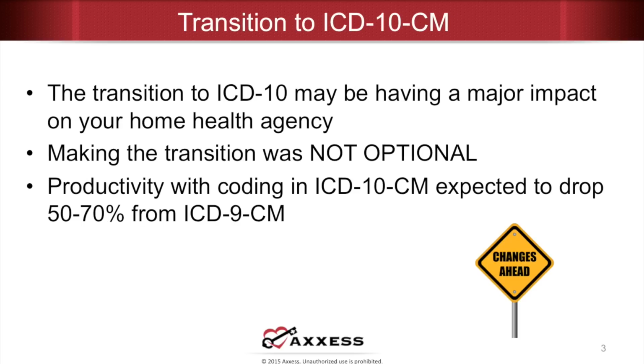Let's talk about the transition to ICD-10-CM. The transition to I-10 from I-9 may be having a major impact on your home health agency. As I've traveled all over the country, what I'm learning is that our productivity estimates that we had gleaned from other implementations in other countries, lastly in Canada, where they implemented several years before we went through our implementation of I-10, but what we're learning is that the projected productivity decrease of 50 to 70%